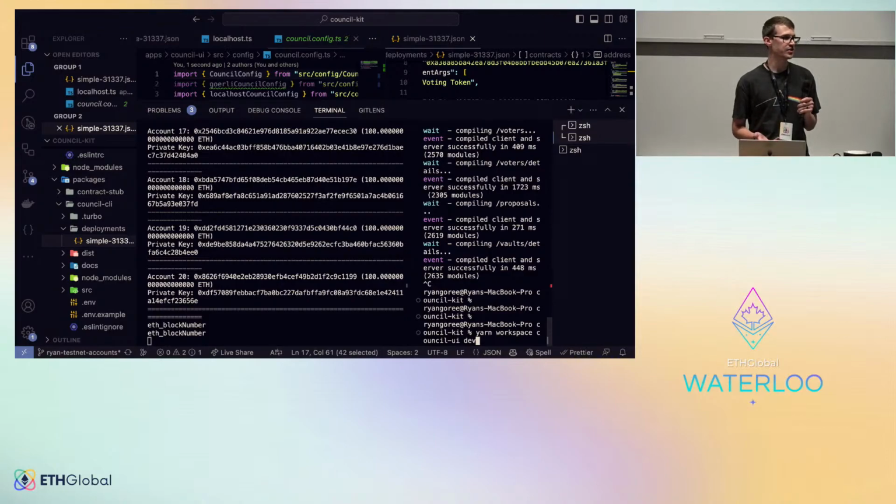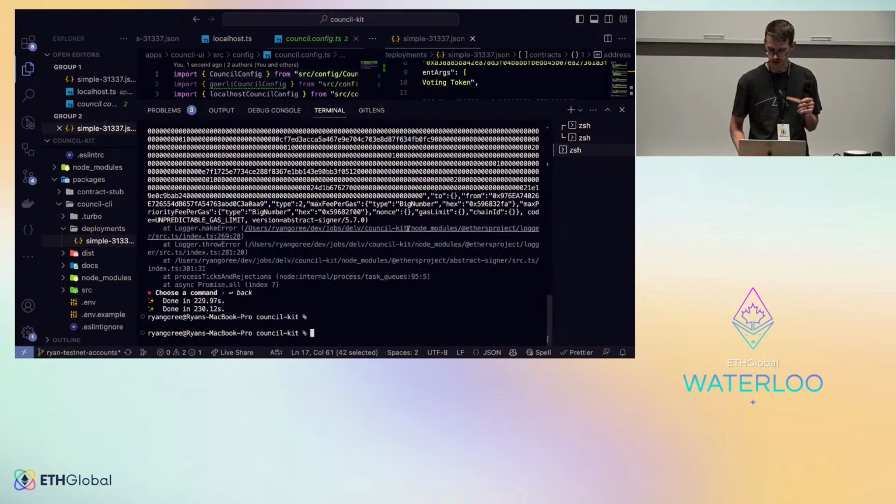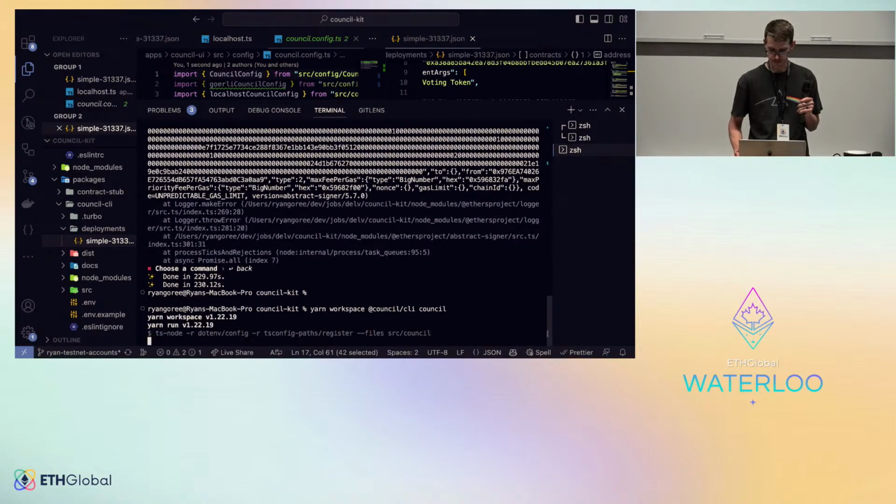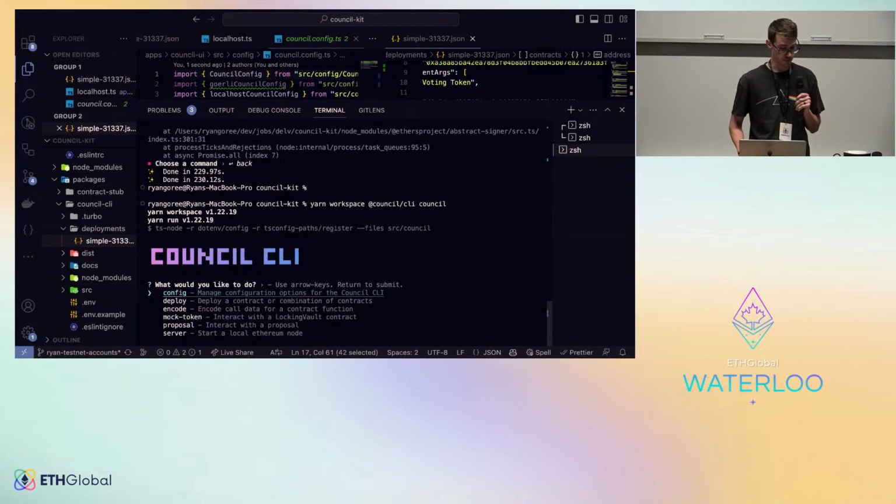But that's how you're going to use the CLI to deploy these contracts, to get all the information you need to configure the UI. And then you saw in there in the prompting UI, or the prompting interface, that you can create proposals, execute proposals, interact with the mock token, and encode any call data that you need for these